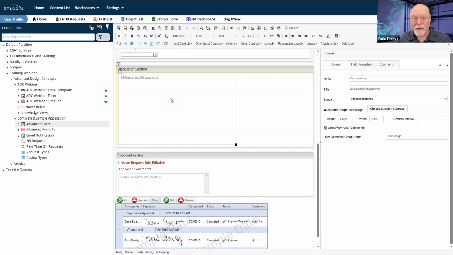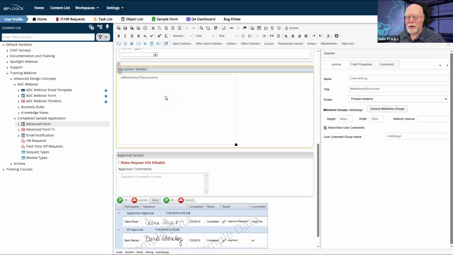So milestones are what you place in the journal control as well. It's perfectly possible to have a journal control where you do not take user comments. You just record milestones. It's possible just to have user comments and to have no milestones. It's possible to have a journal control for each, one for milestones and one for user comments. So the journal control serves a lot of really important purposes on almost any sort of application that you create. Certainly, if you're going to have any sort of discussion and if you're going to track milestones, you're going to have a journal control on the form because you can track all of those milestones and you can see whether you have reached them at the appropriate time or not.